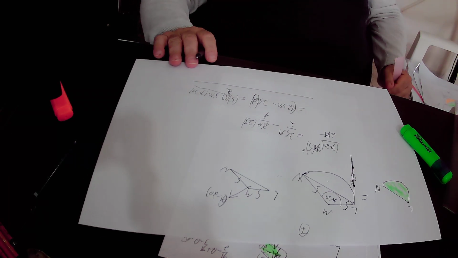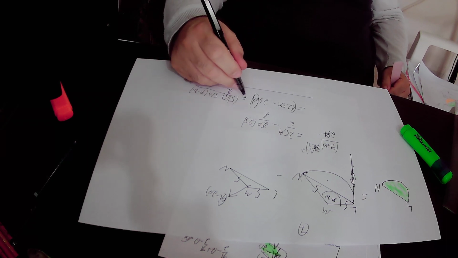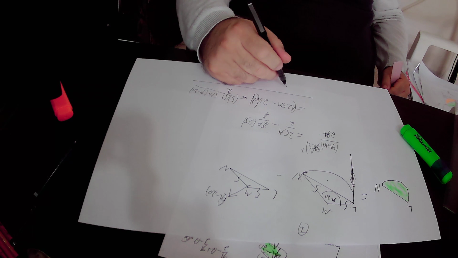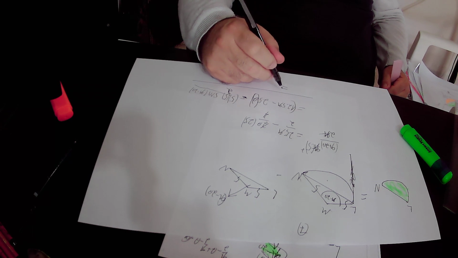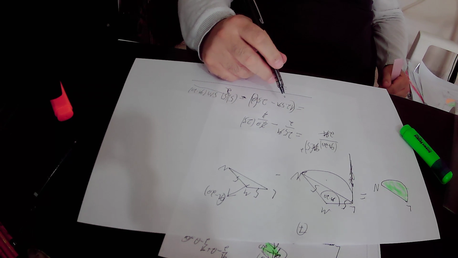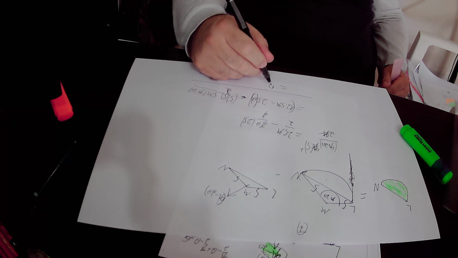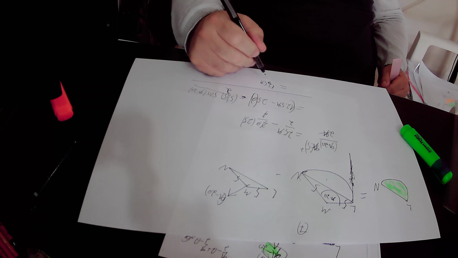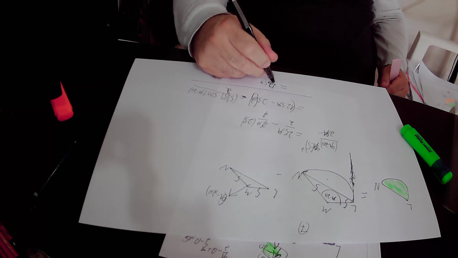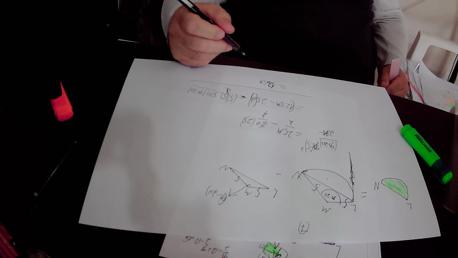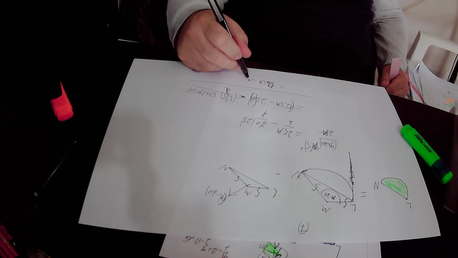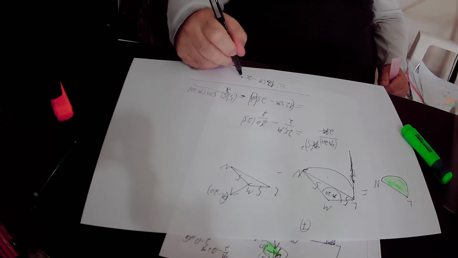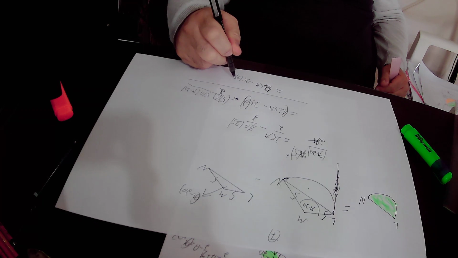So here, in conclusion, the area of the lower circular segment of the big lens is 12.5 pi minus 25 times theta